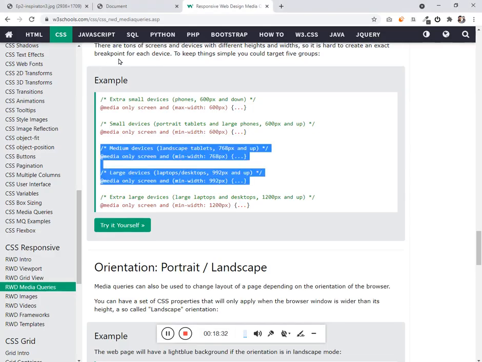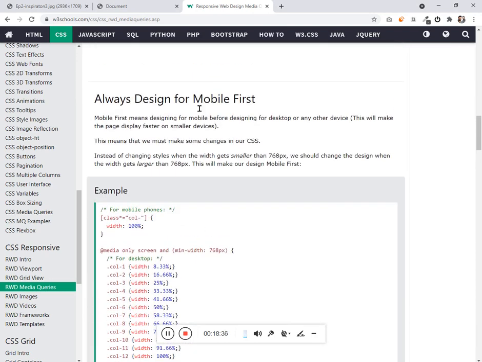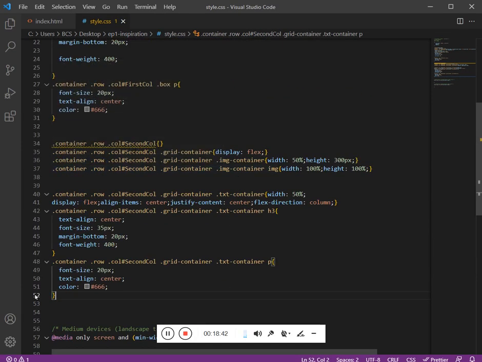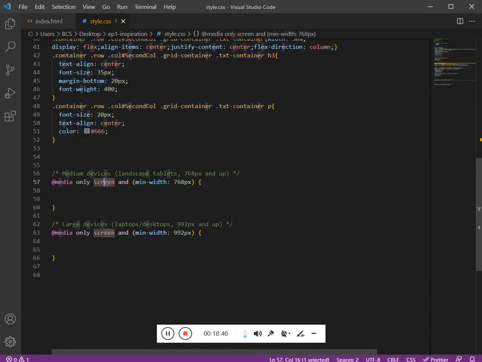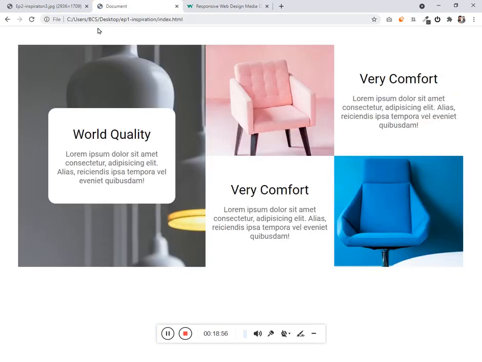It is not like that. We are going to follow a technique called mobile first. This technique was introduced by Bootstrap. That means whatever we design first should be for the mobile, and then comes the tablet, and then comes the desktop. Fine. So let's get into the mobile version.